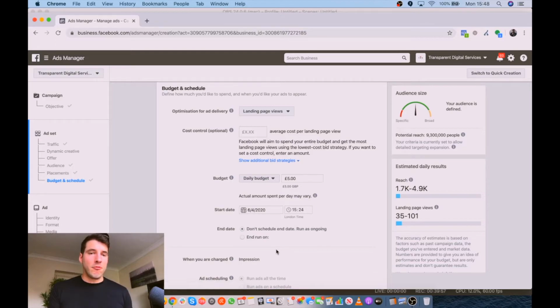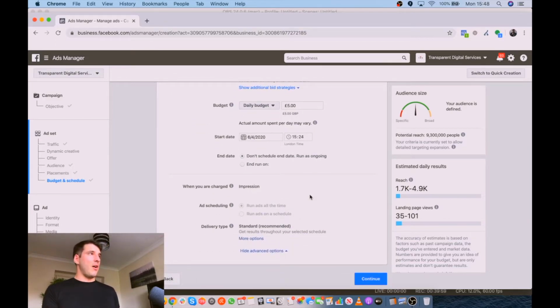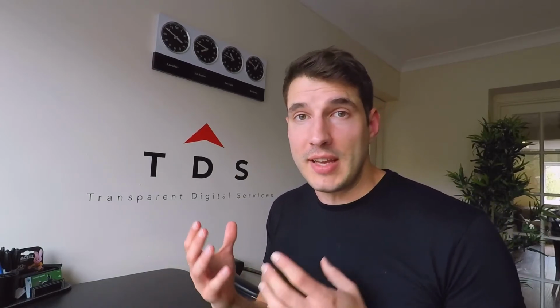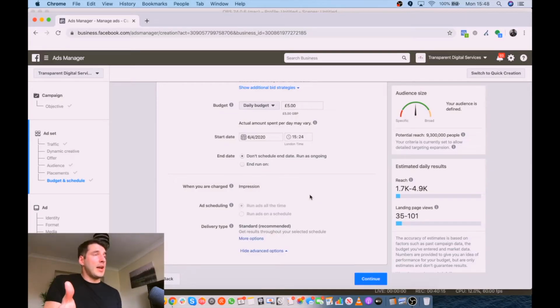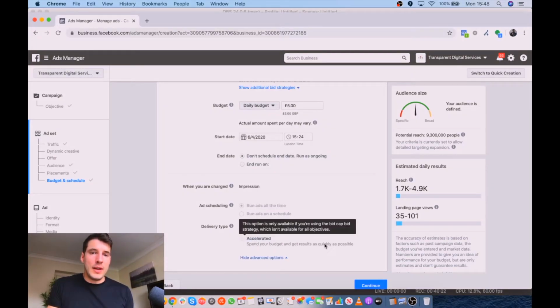Now, we don't need to dive into advanced options now, but really quickly, all this is about telling you when you're charged. You know, how is the charge going to display in your ads manager? A simple example would be if you're running video views, you could choose to be charged for ThruPlays, which is a 15-second continuous view, as opposed to a 3-second continuous view. We're going to be charged with this campaign based on impressions,